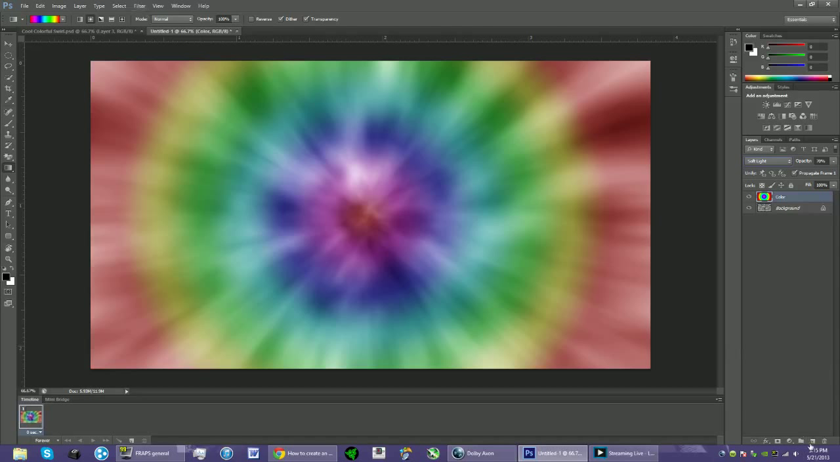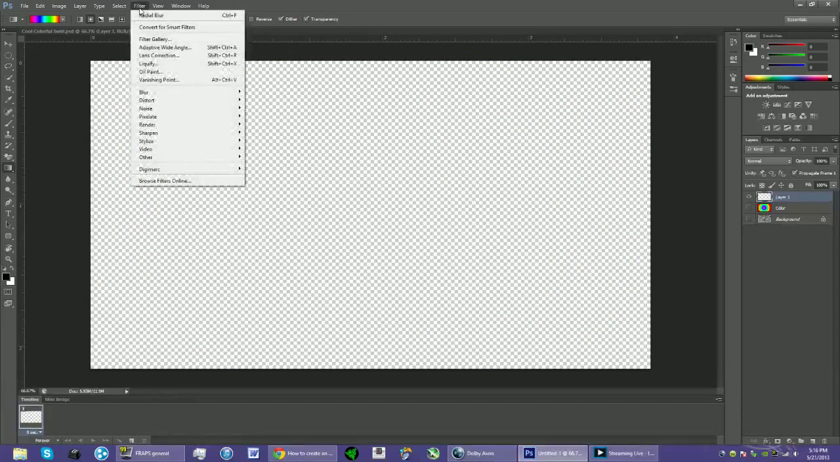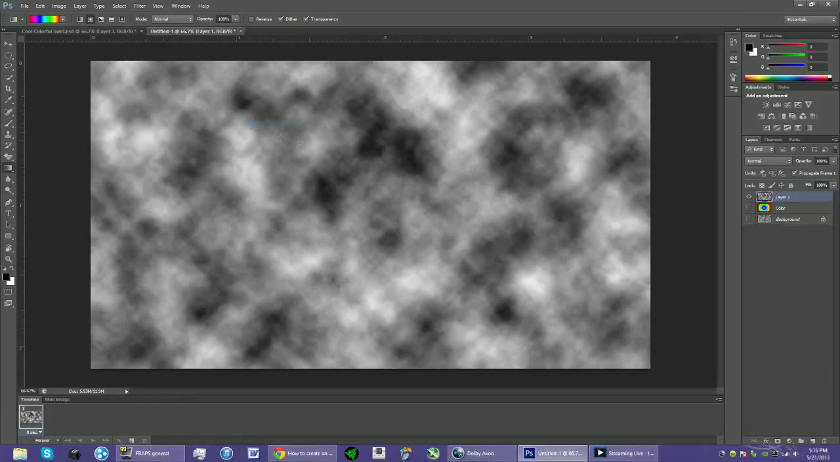So now we're going to create another new layer, and it can be called layer 1 for now. We're going to basically repeat all the steps that we just did on the first layer. So we're going to go back up to Filter, Render, Clouds. Yay! Now we're going to unhide